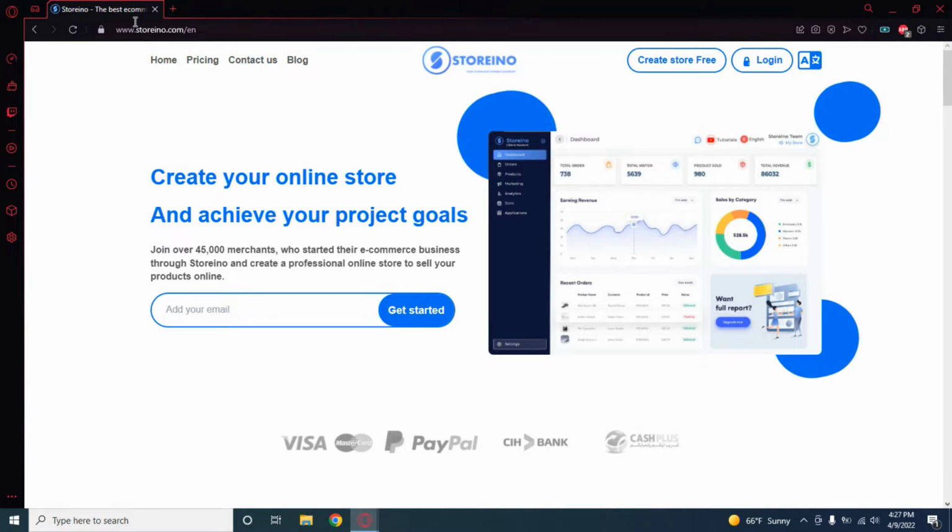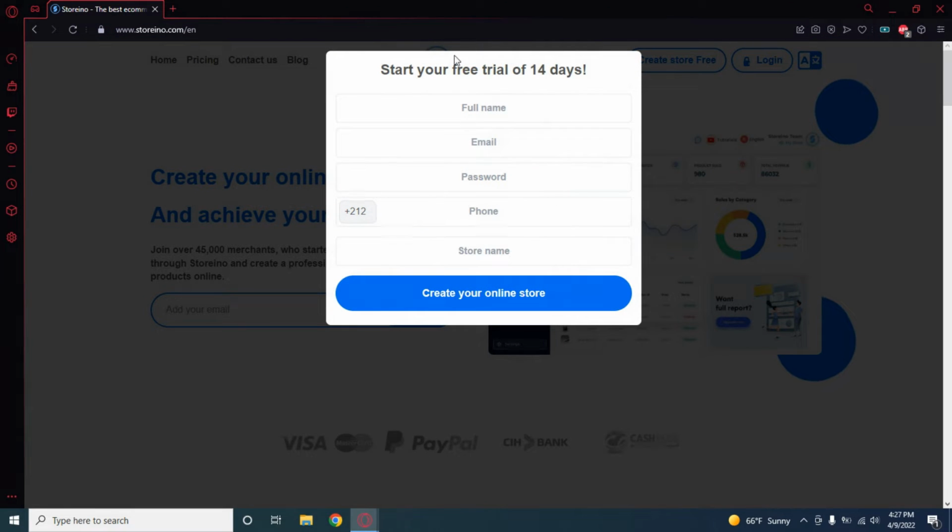So first of all, we need to go to Storeino.com and then click on create store for free. Here, as you can see, this minimalist and simple page, and it only asks for basic information. So let's fill in the blank. Here we have the full name. We're gonna write it down